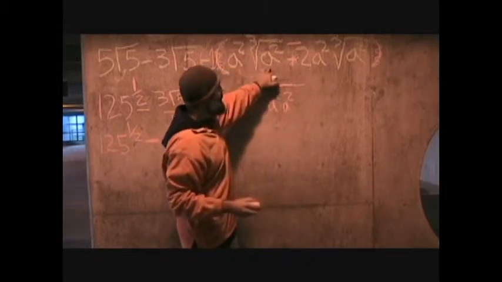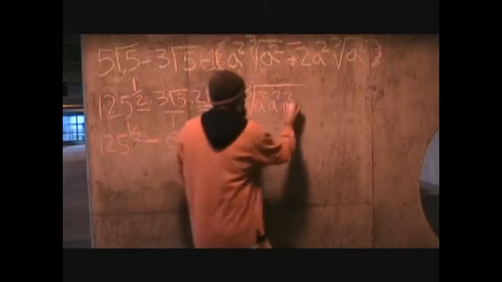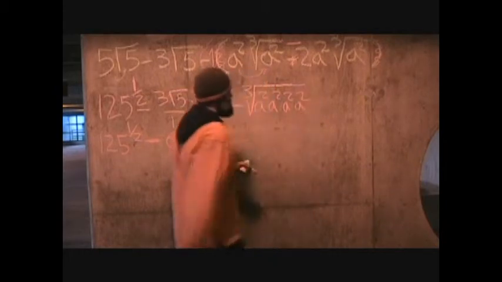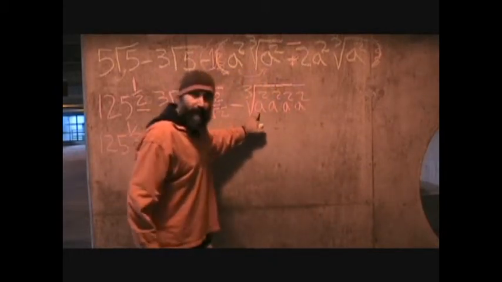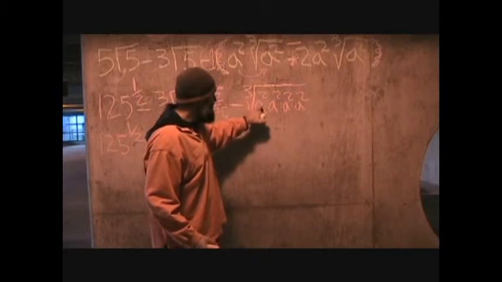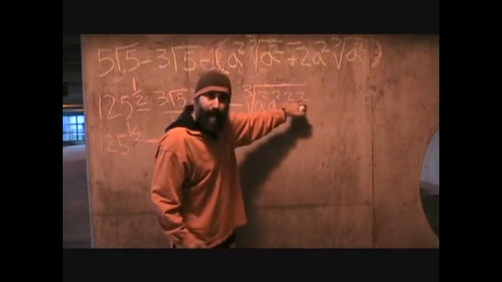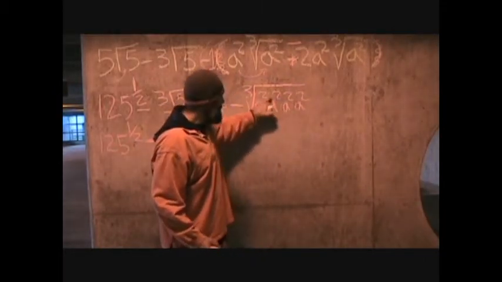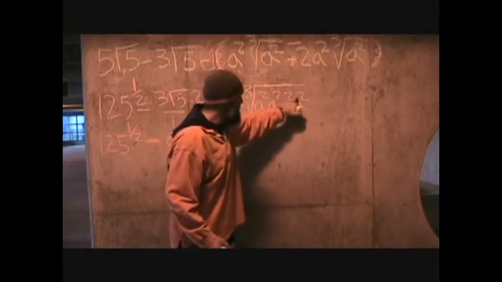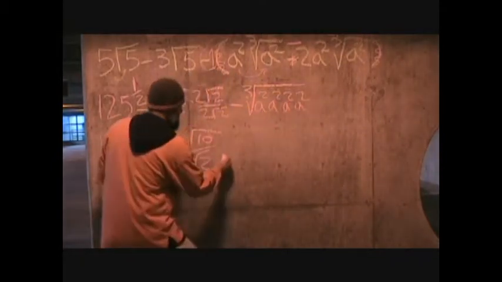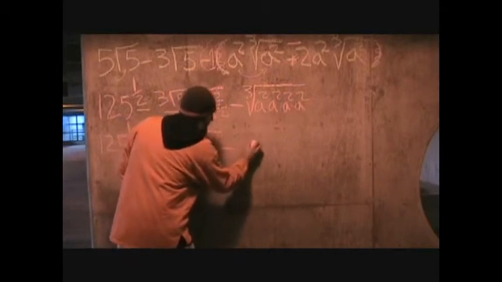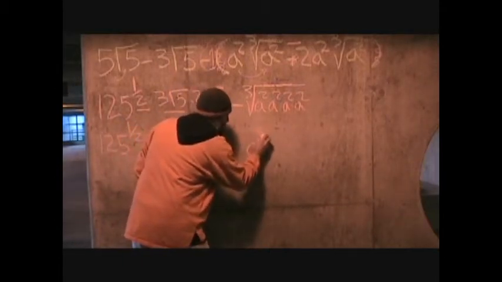That's that guy, and we already had one of these guys here, right? So that's going to be a squared. So when you're multiplying anything that has the same base, all you do is add the exponents, right? So 2 plus 2 is 4, plus 2 is 6, plus 2 is 8. So this guy just becomes minus, here's your a to the power of 8,